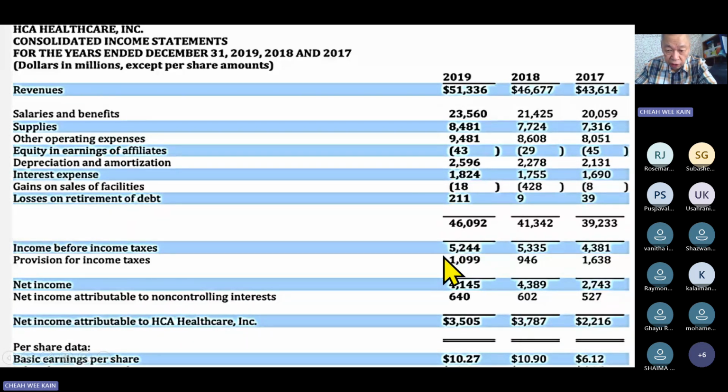Then you got provision for income tax, net income. Then maybe some non-controlling interest. Maybe you put some money in the bank, or you buy some shares, and the other company pays you dividends, or you put money in a fixed deposit account in the bank and that interest is coming in, it'll be up. So this is the net income. Okay, a little bit down. Last year was a very happy year, but this year is a little bit down.